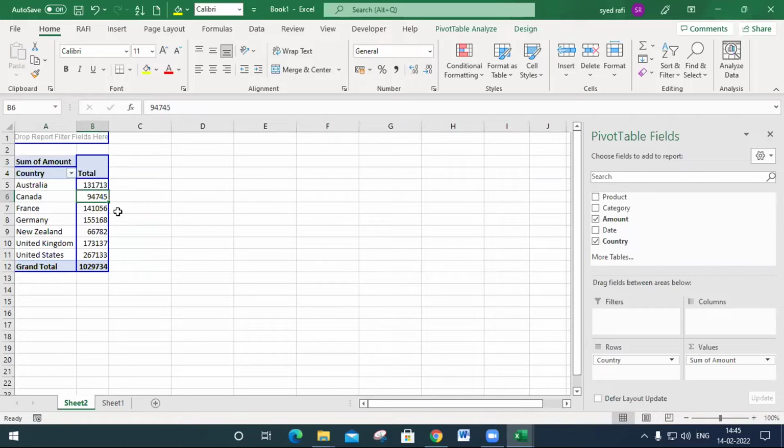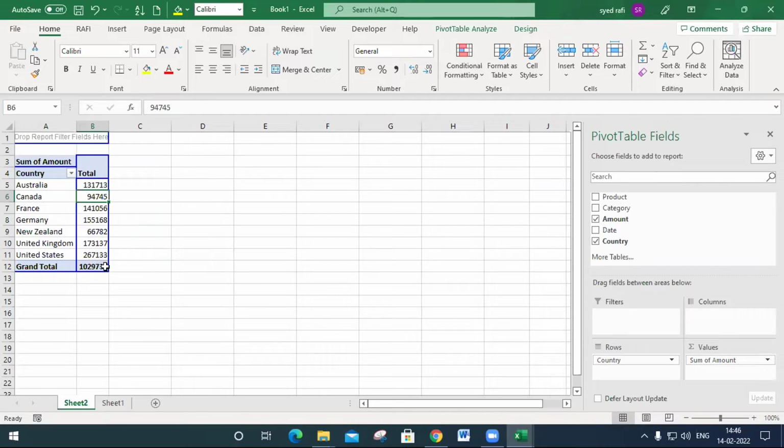Here, I want to assign some calculation. I want to calculate some commission depending upon these values.